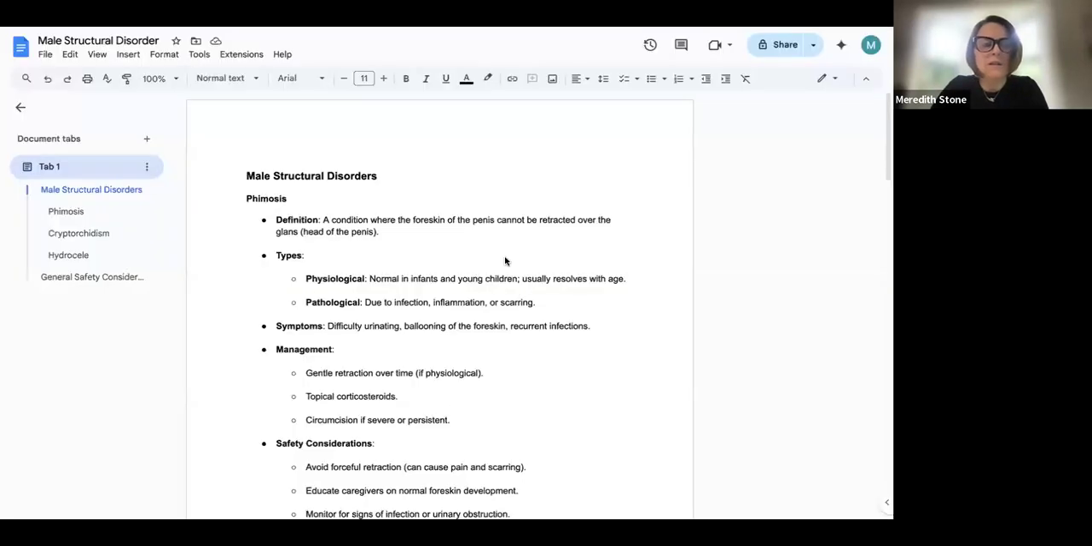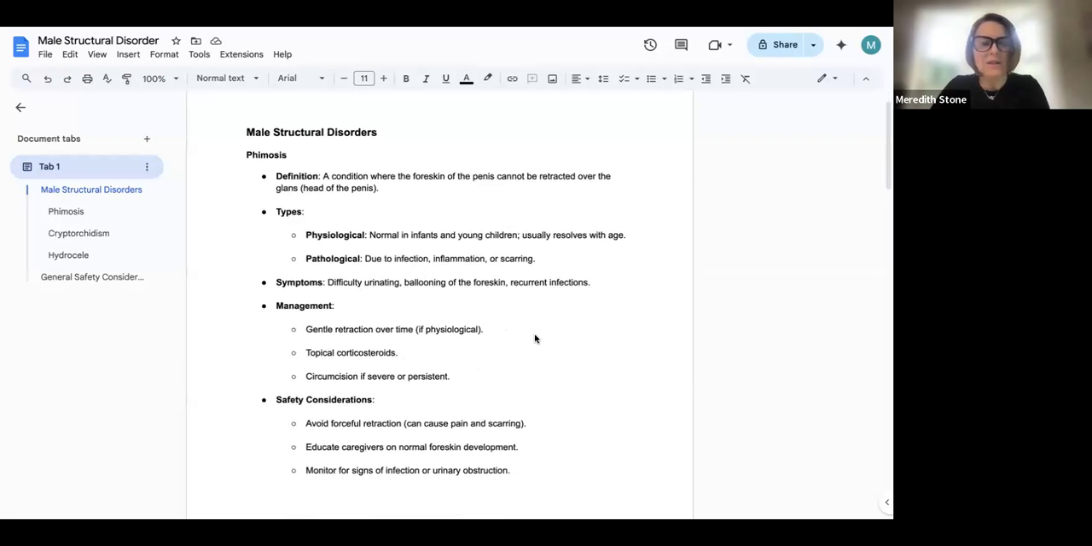Here we go. I made a separate document for the 3 male structural disorders that you are responsible for on this test, and that's going to be phimosis, right? So phimosis is where the foreskin of the penis cannot be retracted over the glans, okay? And again, a lot of times this is things that